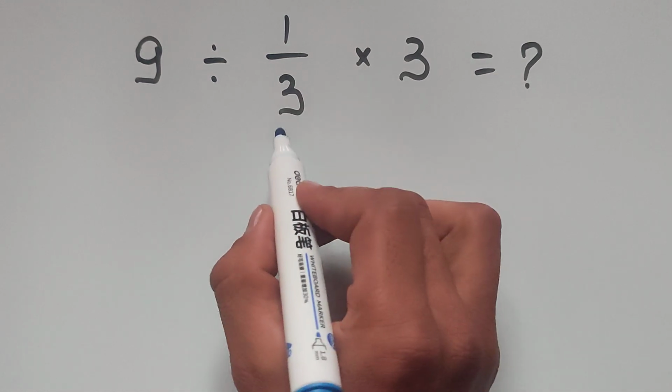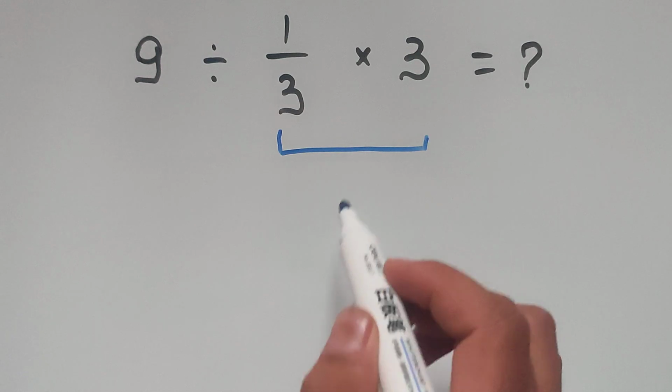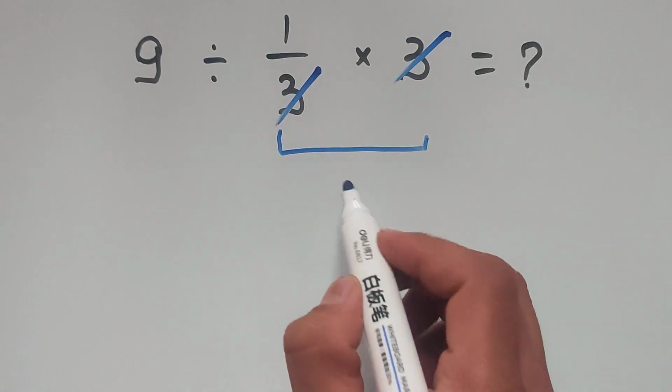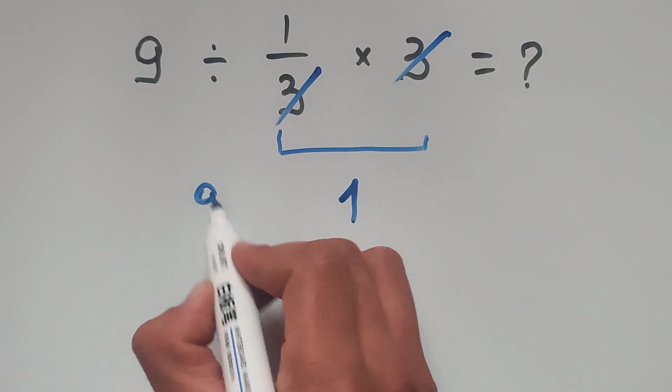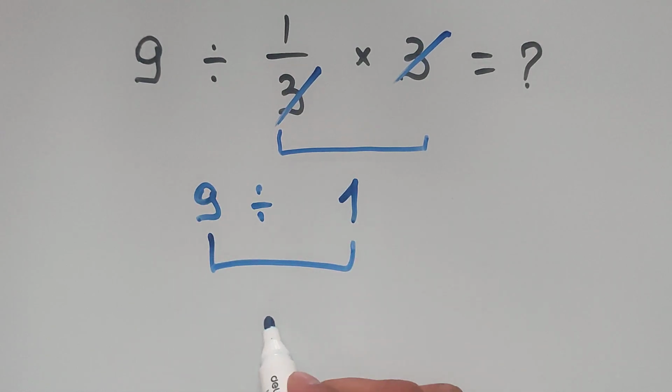Let's begin. First we do this, and 1 over 3 multiplied by 3, we can easily cancel this 3 and this 3. Here the answer is 1, and 9 divided by 1 equals 9. But this is not the correct answer, because